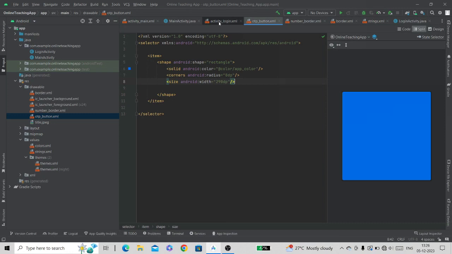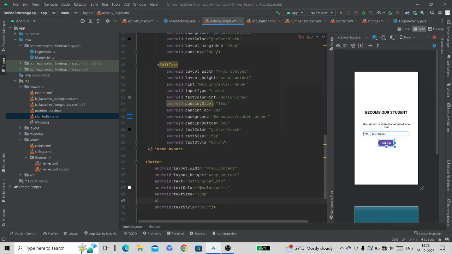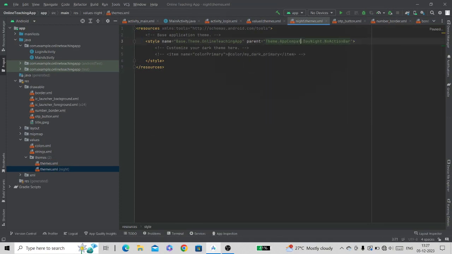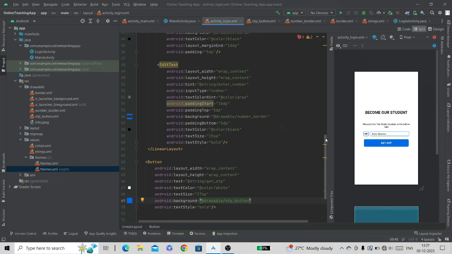We will add this background to this button, OTP button. Now that we have this customized button, but as you can see the color has not changed. Our button color is this blue app color, but it is some violet color. If this happens with you also, then in this project folder inside values, click on themes.xml and change the material 3 to app compact. Same for the night version also. The color has changed.